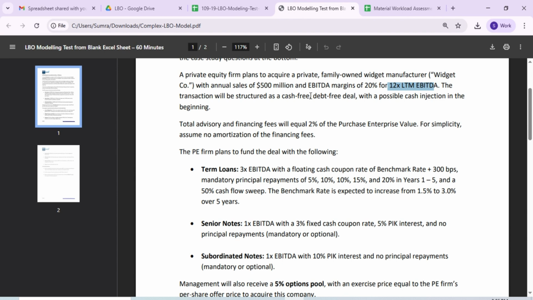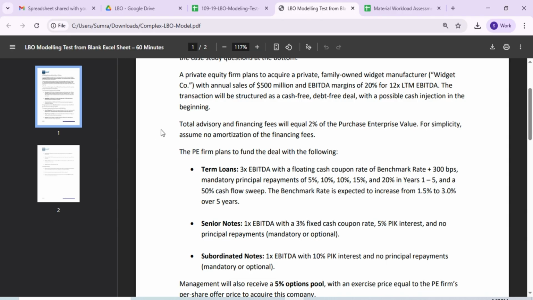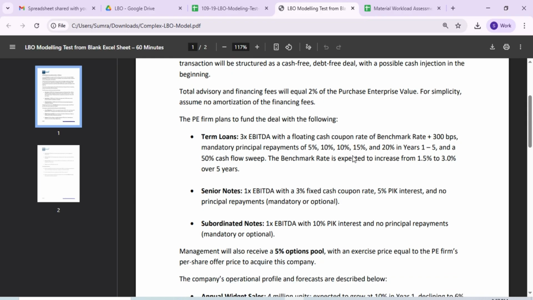The transaction will be structured as a cash-free, debt-free deal with a possible cash injection in the beginning. Total advisory and financing fees equal 2% of the purchase enterprise value. So this fee is 2%. For simplicity, assume no amortization of the financing fee. Okay, then next is